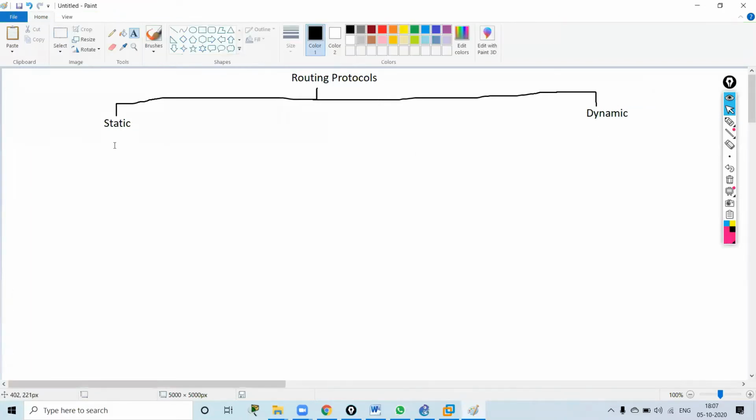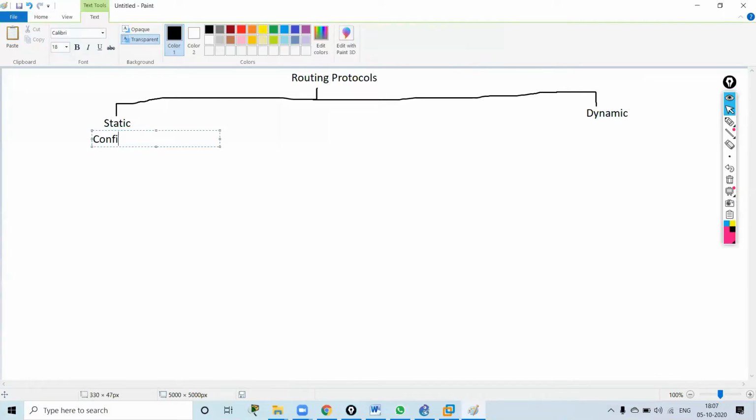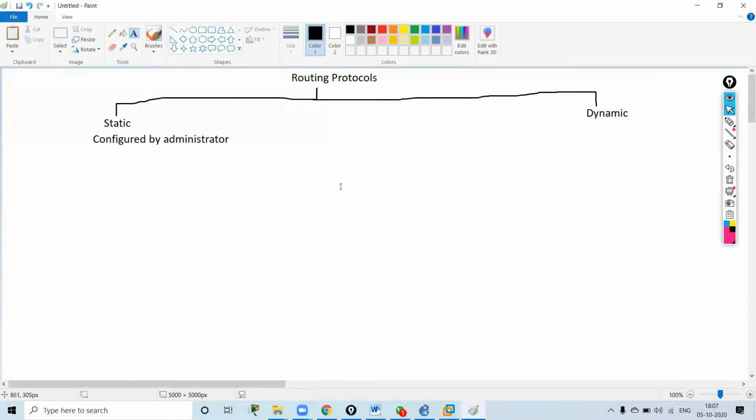Static is configured by administrator. Okay, the best path is selected by the administrator only. Whereas dynamic is something that we will learn in more. We have seen the static routing. So when I say dynamic, dynamic has